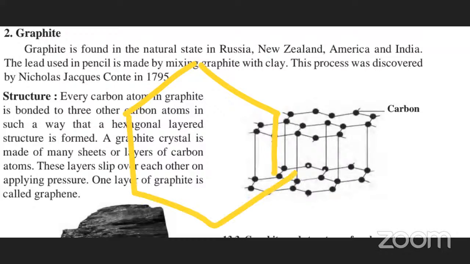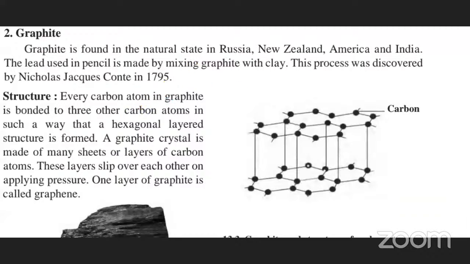This is a hexagon, right? So in the structure of graphite, carbons are arranged in the form of hexagonal layers. Okay, hexagonal layers. If you see this first layer which is shown here,